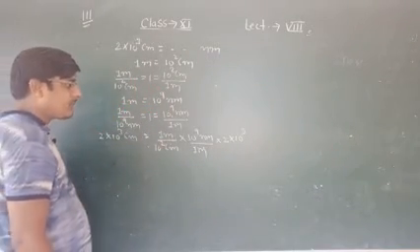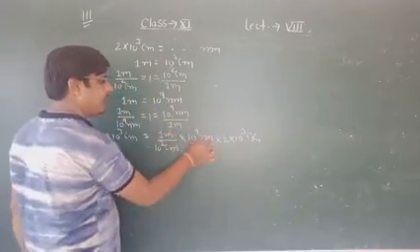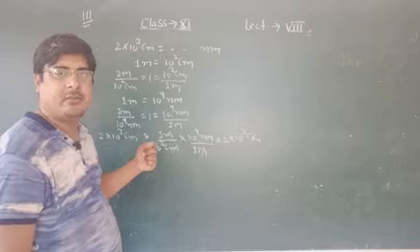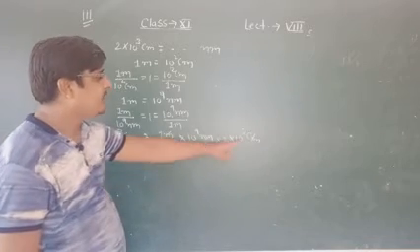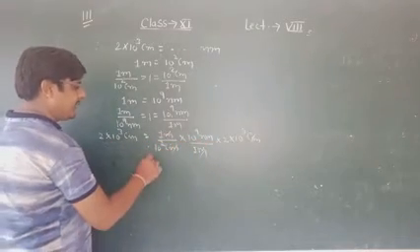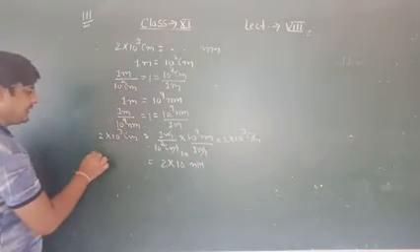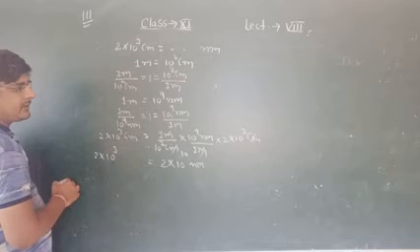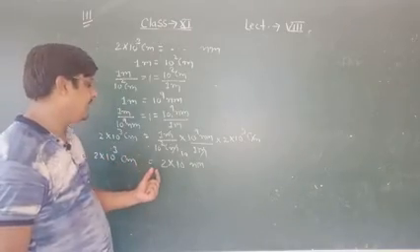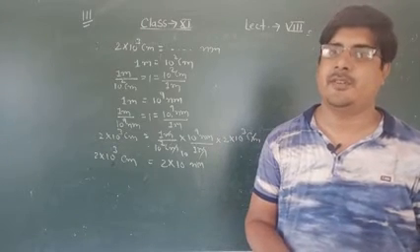Okay. So the unit centimeter cancels, meter cancels. So what unit will remain here? Nanometer. Okay, 10 to the power 2 will be 10 to the power minus 2. Okay, so there will be 10 to the power 1. Okay, and the answer will be 2 into 10 to the power 10 nanometer present in 2 into 10 to the power 3 centimeter. Meaning 2 into 10 to the power 3 centimeter is equal to 2 into 10 to the power 10 nanometer. That will be the answer for this question.